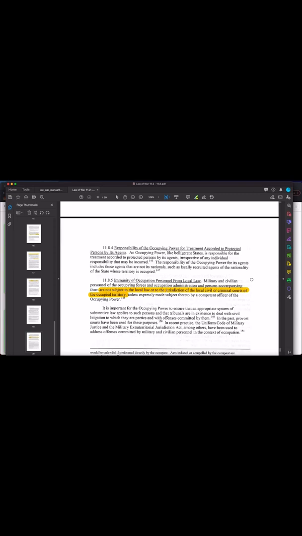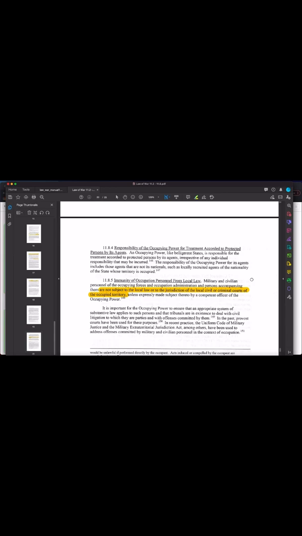They are not subject to local law or to the jurisdiction of local civil or criminal courts of the occupied territory. That means that if a country occupies another country, law enforcement and military people of that country are not allowed to arrest them. Once they've established occupation, when they've taken that power or authority to enforce their will, at that point, the inhabitants of the country are required to submit to them, and the law enforcement of that country is included in that. They're not subject to the local law. You can't arrest them. That's it.